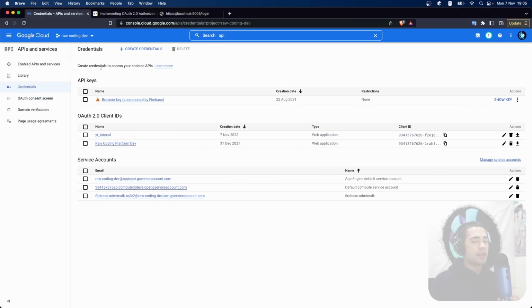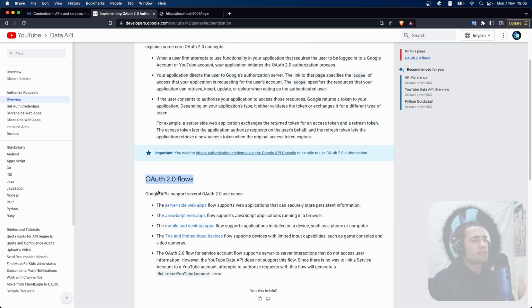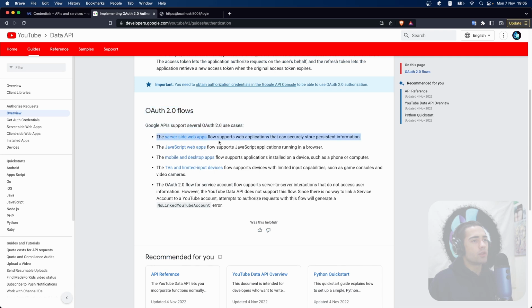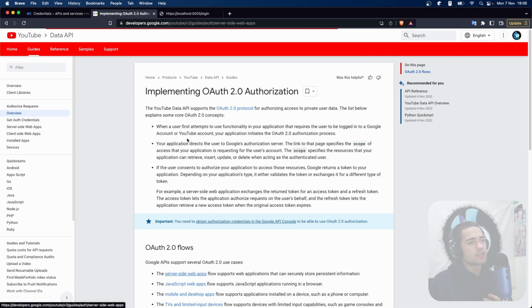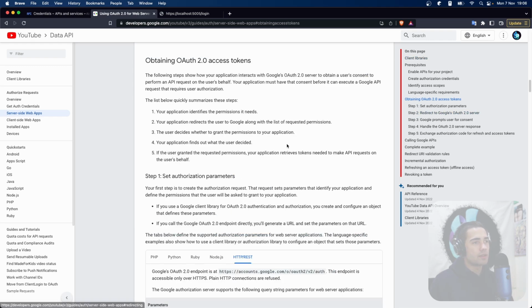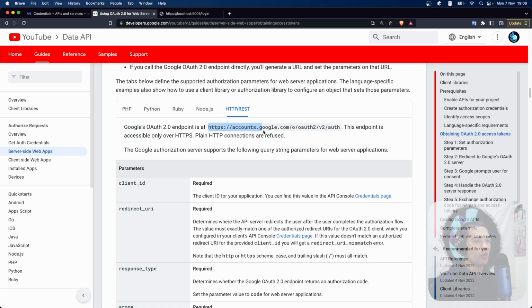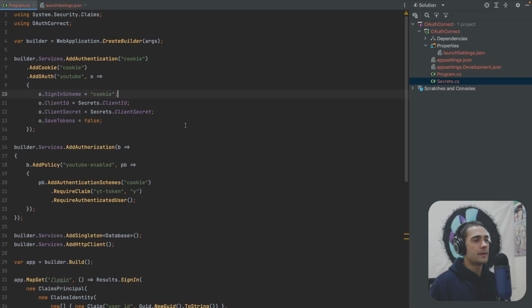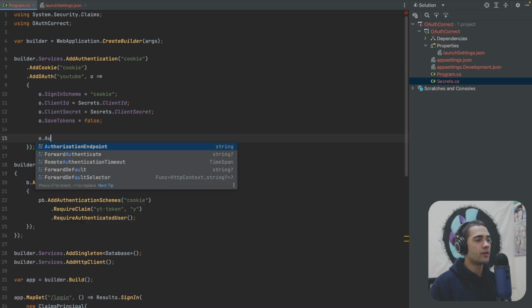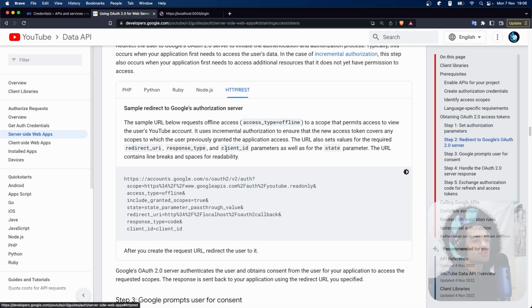Now for the core endpoints, the authorization endpoint and the token endpoint, let's go ahead and grab those. When you land on the YouTube API documentation, you look through it. What kind of auth flow are you using? We're using the server-side web flow. Let's open it up, look through the table of contents and obtaining auth access token. And apologies, maybe if it's a little bit too small. Here is the initial auth endpoint that we want. Let's grab that. Let's go over here, authorization endpoint, assign it, come back to the browser, and now scroll down